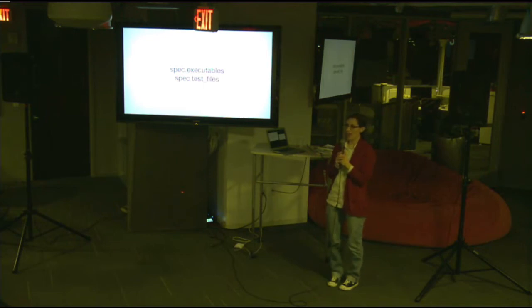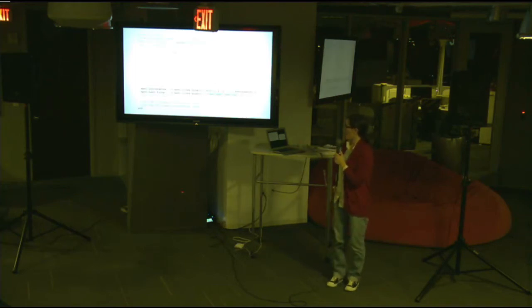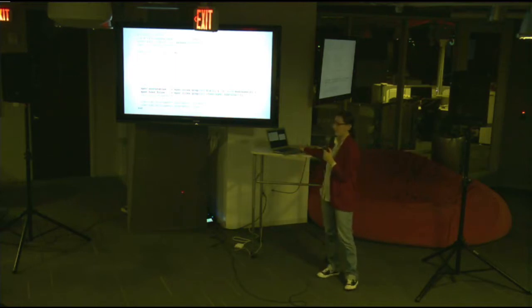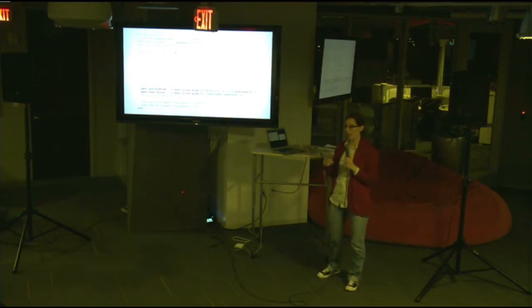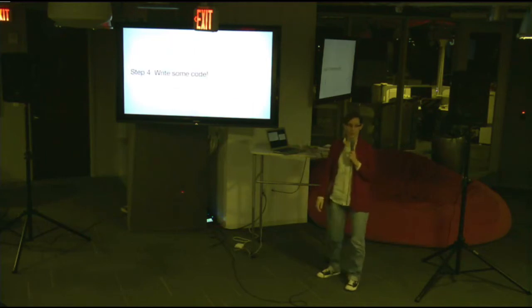And then the last two that I'm going to talk about right now are the executables and test files. As you can remember, when I was talking about the spec files, it's just handled by Git right now. And so these two are actually just subsetting that file list. For the executables, it's looking for the files in the bin folder. And for the test files, it's looking for any files in a test folder. And so again, you could handle this manually if you wanted. They're also not required, so you don't need to include them if you don't want. And so now we are ready to write some code.